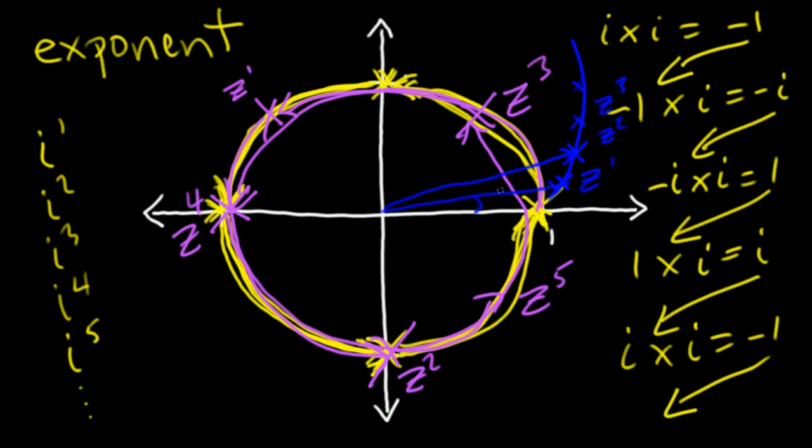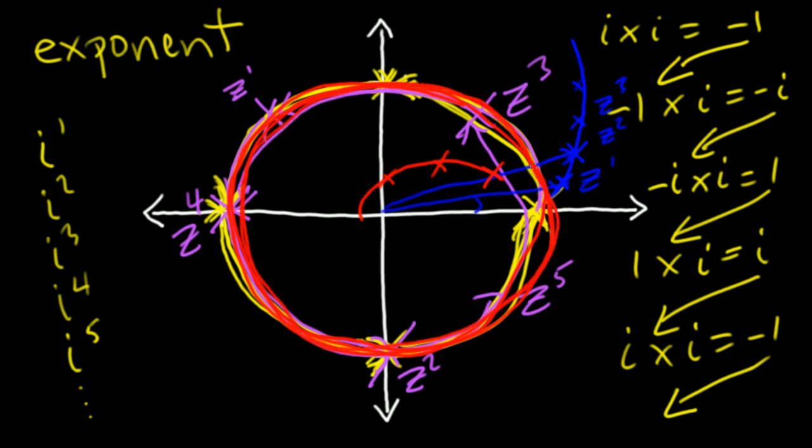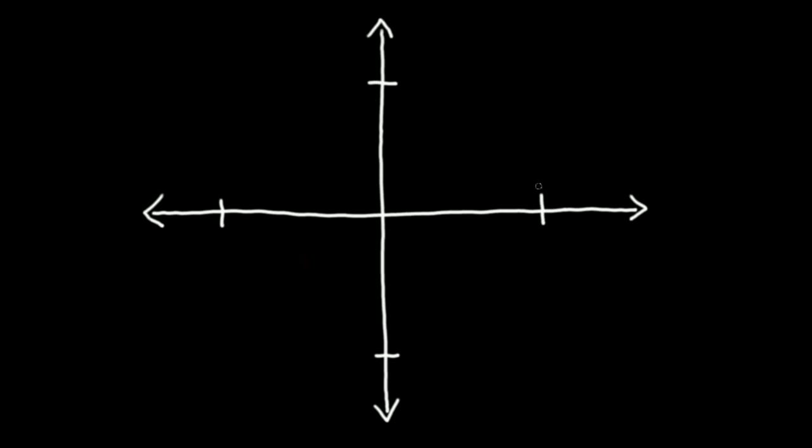What if we had a number that was inside the unit circle? Well, the next one would be here, and the next one would be here. It would spiral in towards the origin. But if we choose a z that is on the unit circle, any number that's on the unit circle, and exponentiate it, we will always end up with another number on the unit circle. And if we increase the exponent, then we just go around and around and around and around. Now, let's say we start here,